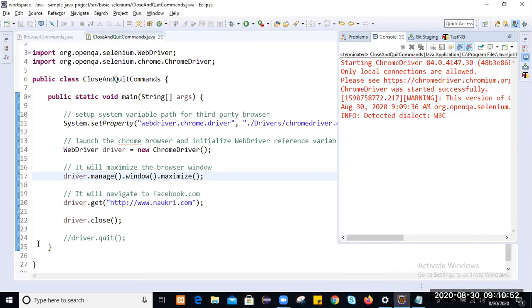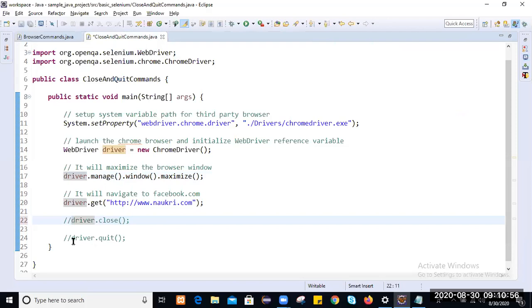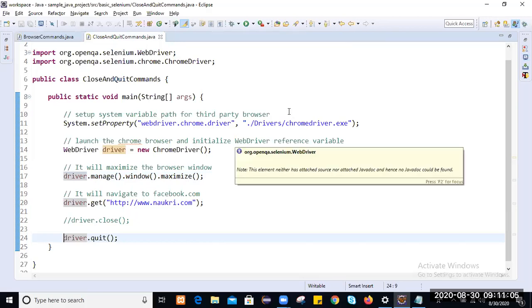But if I close it manually, instead of using the close method, I will use the quit command, and let's check what the behavior of quit is.